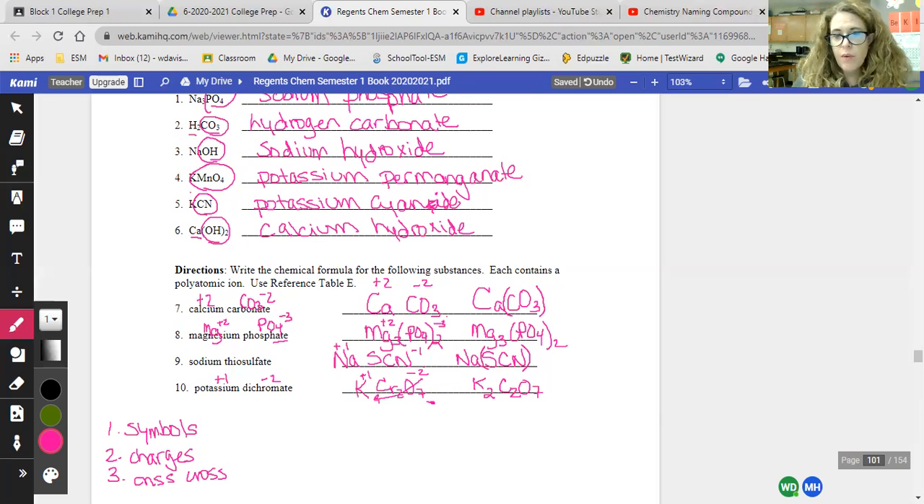All right, so that wraps up naming and writing formulas with polyatomic ions. And we'll do some more practice with some new techniques. I mean, we're going to add to our formulas and writing on the next workbook page in our unit, which is going to be page 102. So that will be our next video. Remember to practice. It's the best way to get